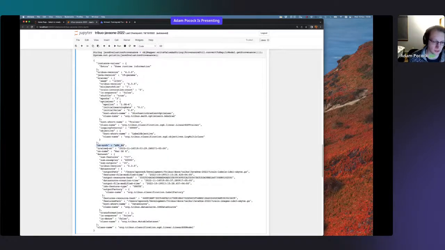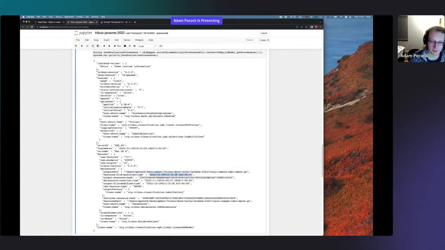We capture the architecture of the machine. We capture the timestamp. It was trained a few seconds ago during this talk, and it's running on my Mac. We also capture all the information about the data set that I said. So we have the number of features, the number of examples, the number of outputs. We capture the data source, where it was loaded in from. So this is the path to where Tribuo lives on my computer.